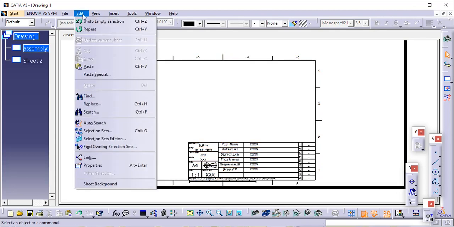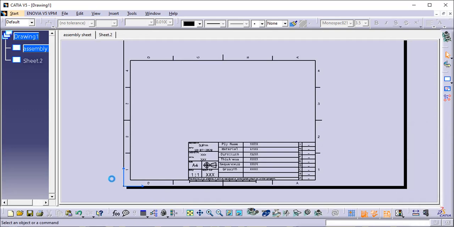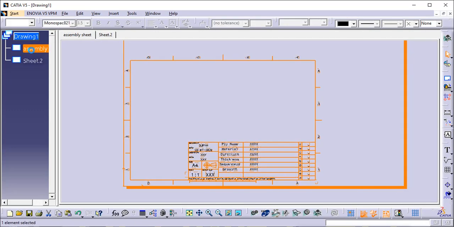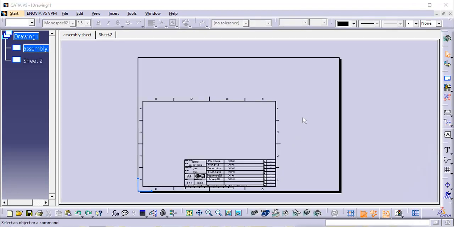And now go for this sheet background and in this again click on this sheet. So now to resize this frame to fit the A4 to A3, for that resizing,